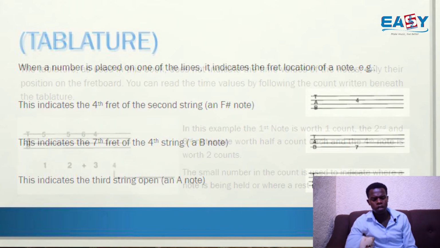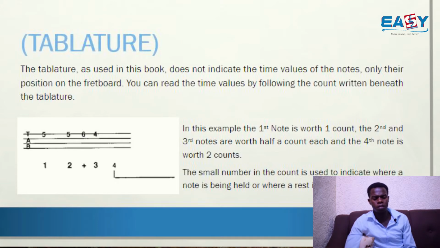The first challenge we have in the tablature method is that it doesn't have a way to display time signatures. It's very difficult and challenging, but there are ways through which they indicate this. They write numbers below the tab line. You see in the example they showed us that you will play 1, 2 plus 3 and 4. So in this one, you know that the notes to be played are the 5th fret, 6th fret, and the 4th fret.